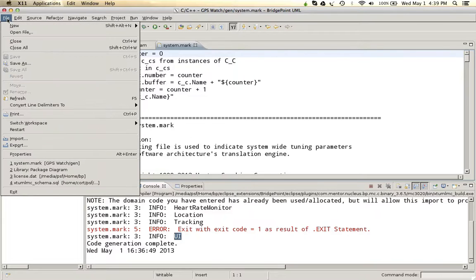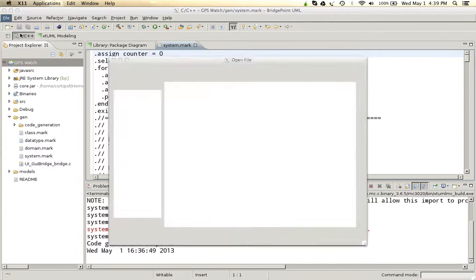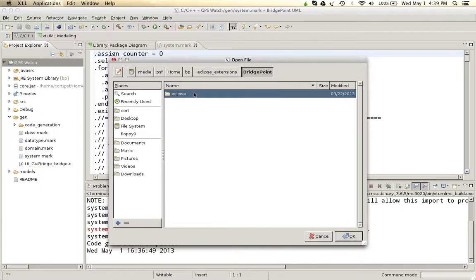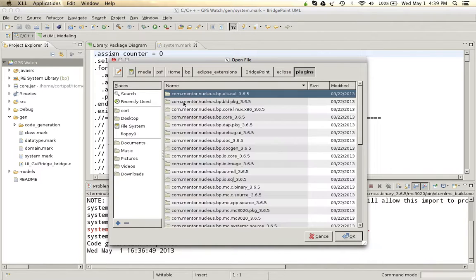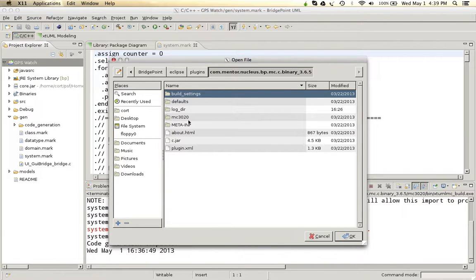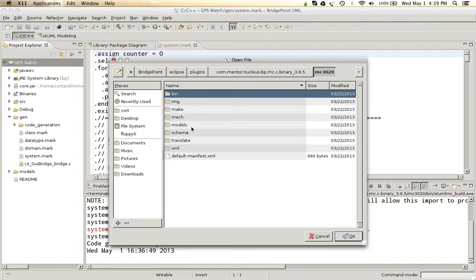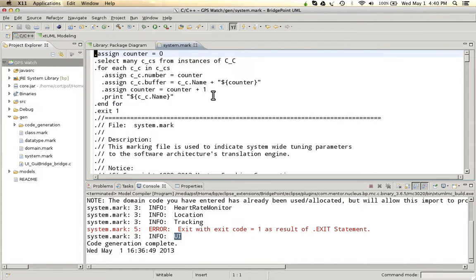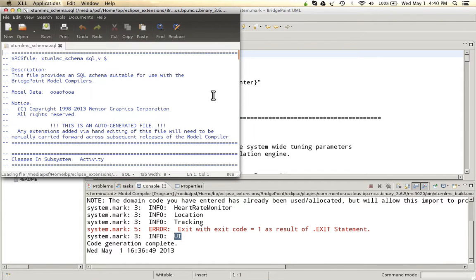So I need to open the xtUML MC schema file, which if I navigate to my installation and navigate down into the plugins and into the model compiler plugin that I'm working with, I go into the schema folder, SQL, and open into an editor the